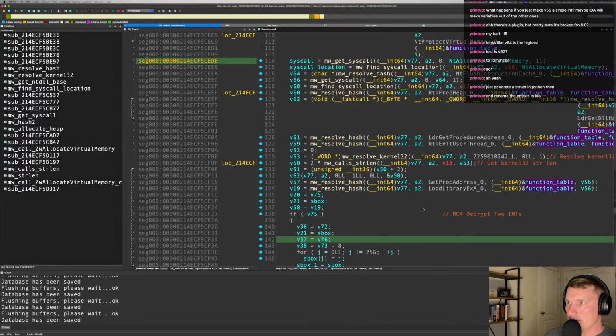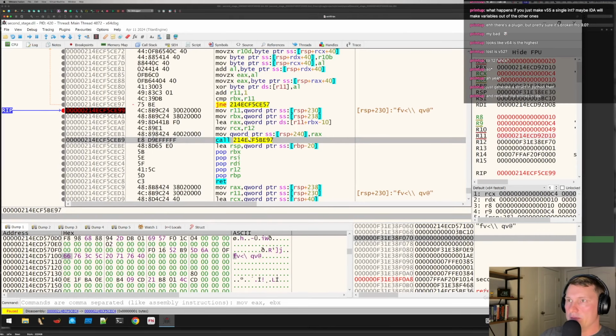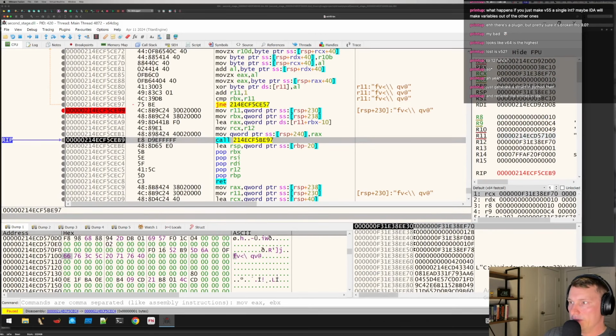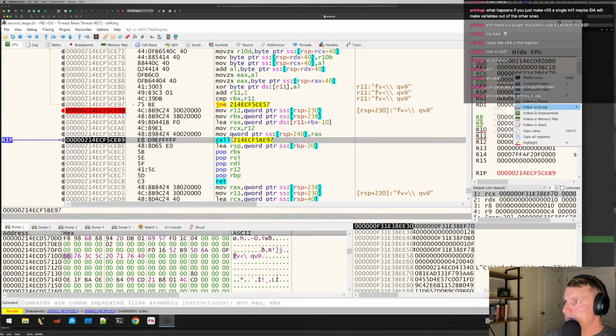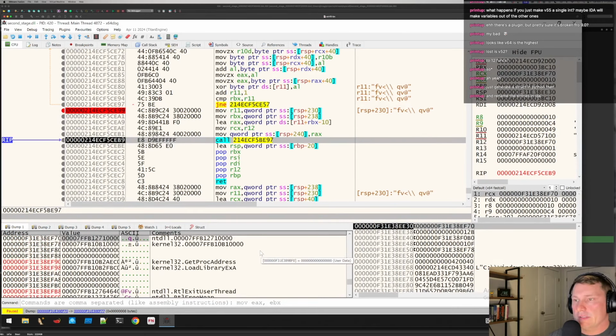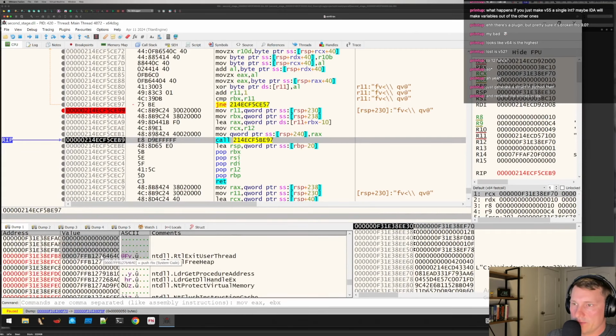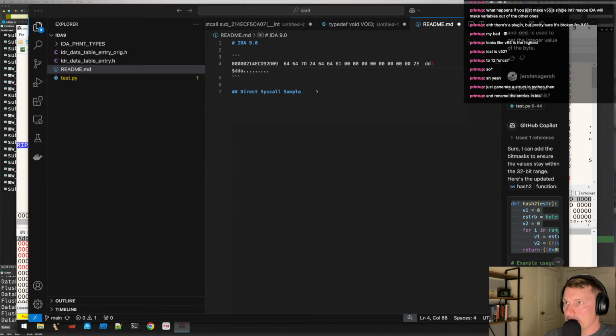Yeah, that's a good idea. I was actually just going to do this because, so this call, right, which we're going to hit right now, will have the function table. So if I go, which one would it be? So it would be RCX. So here, and then these are function pointers, right? So if I just do these relative offsets to that pointer, then I can resolve the address of whatever function is being called. Maybe this is a harder way to do it. This is probably the harder way to do it, but